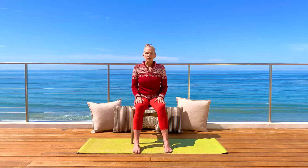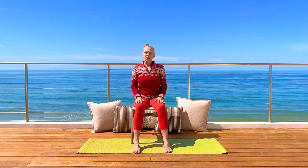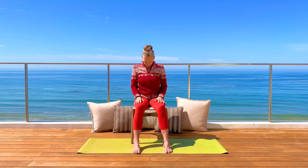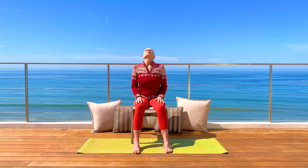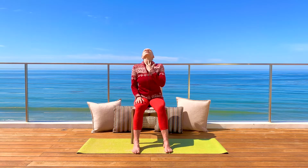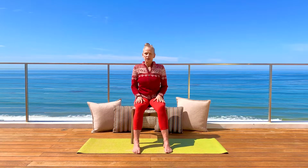Now inhale up. Make sure you don't throw your head back, but really lift up from the back of the neck and then exhale down. Come again and now take your lower lip up on the upper lip and feel the stretch over your throat and then down again. Let's do that one more time. Inhale